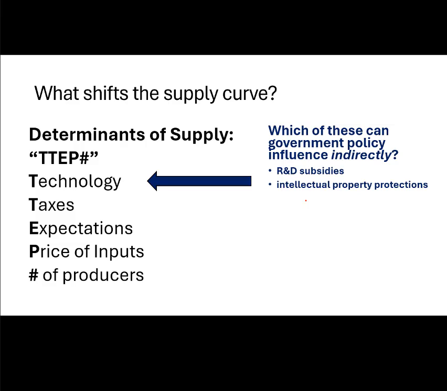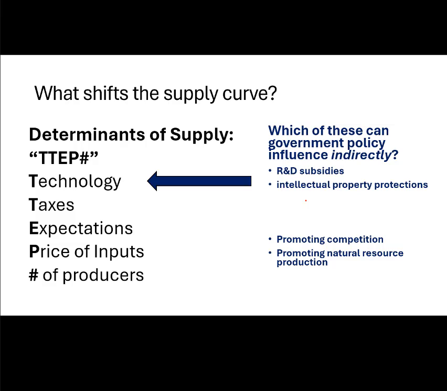So we have the policy along those lines with intellectual property protection. So you could call those supply side policies as well, because ultimately, if we increase technology, we're shifting the supply curve to the right. So those would be labeled supply side policies as well. We could also look for government policies to promote competition, to promote production of natural resources, which are going to be the inputs into a lot of goods.